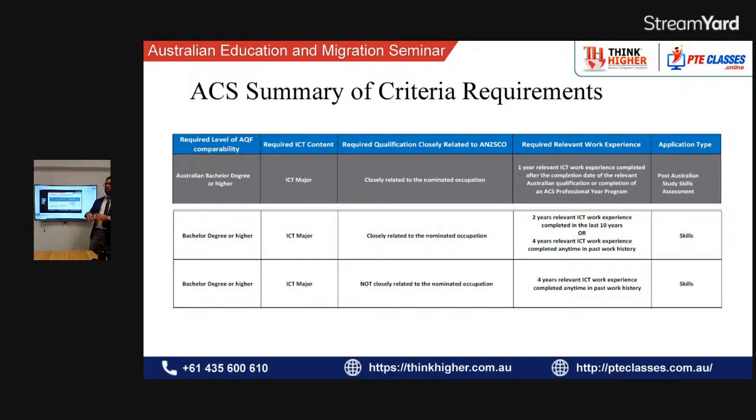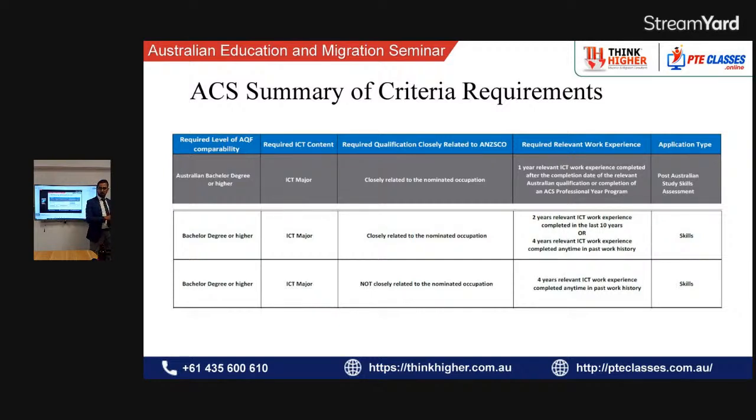No, there are two different pathways. One is for offshore, the other is for onshore. If you are onshore, you have done a Master of IT, and then you have done 1 year of post-study experience after your study, then you can add that 1 year of experience to get your skill assessment done, and also you can claim 5 points.